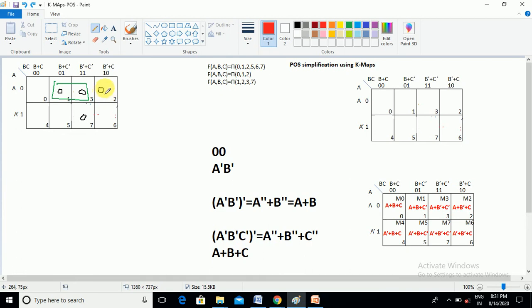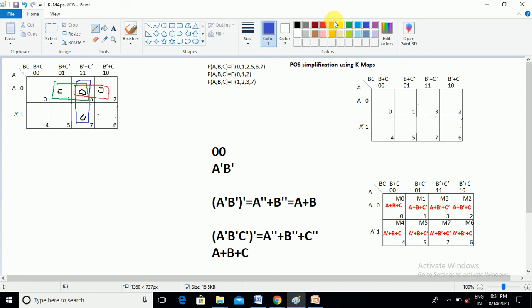What is the alternate? We should go with only adjacents with overlap. Yes, you can do it. Now the last one, 7: there is no alternate with the other adjacents like 5 and 6, only one adjacent, 3, but it is already in the mapping. Even then you can take this mapping. See, the cell 3 is overlapped how many times? 3 times. So one cell can overlap any number of times, 5 times, 6 times, 10 times, nothing to worry. For our good mapping, we can take the support of any cell in many mappings. Here cell 3 is included in 3 groups, so there is nothing to worry about.